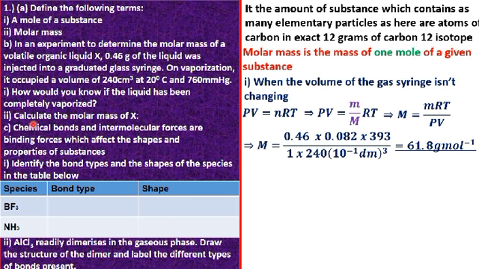Okay, then now, guys, the next part is saying that chemical bonds and intermolecular forces are binding forces which affect the shape and properties of substances. Roman 1. Identify the bond types and the shapes of the species in the table below. Okay, so guys,